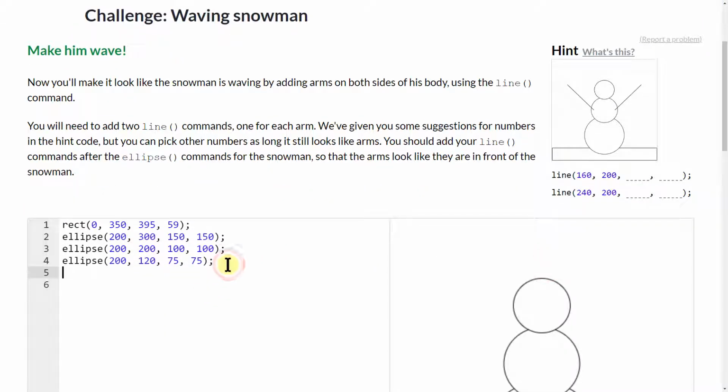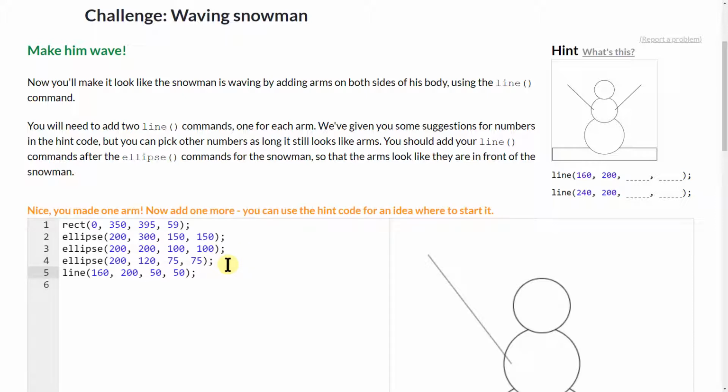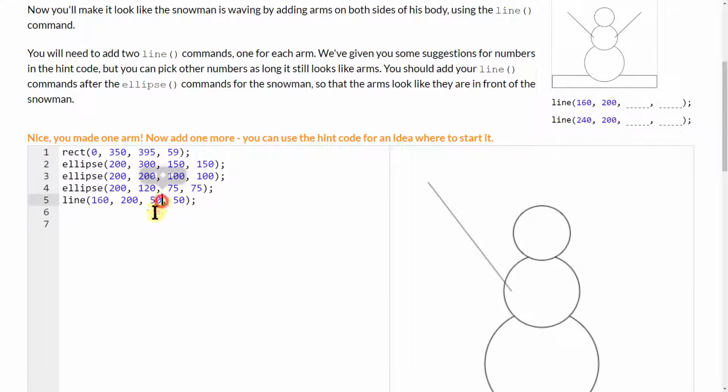So I'm going to come down here, say line. Let's just start with what they've given us here. Line 200, and let's say 50 and 50. Let's see what happens. Hey, that worked out here. Now I want to see what happens when I move these. So this number here